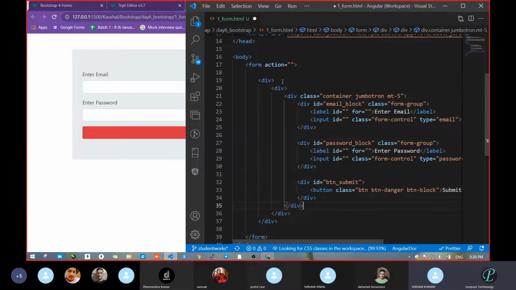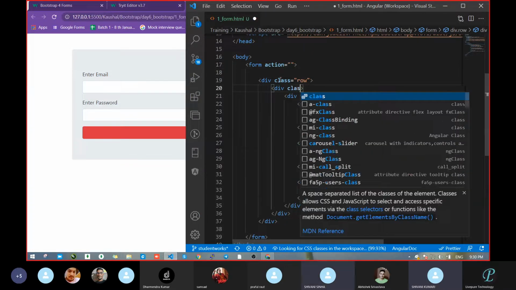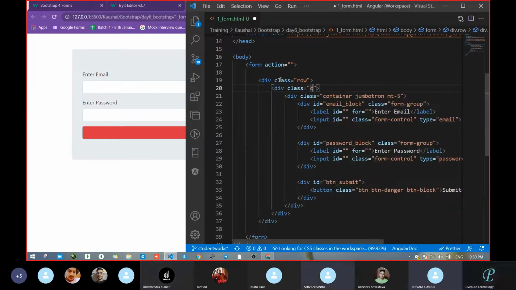Okay, and now, which one on the top? The row. Class equal to row. Fine. What about next? Class col, class col-6, equal to col hyphen. Or LG. In which screen do you want? LG, sir. So LG, go with SM, both. We will take LG-6. Okay, fine.